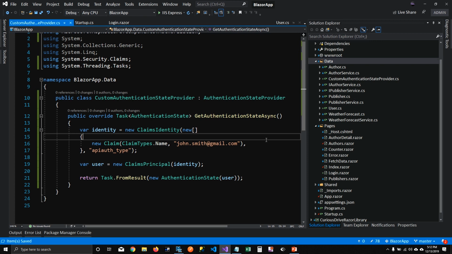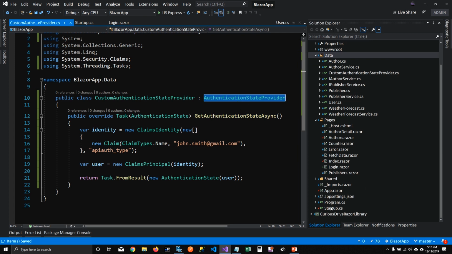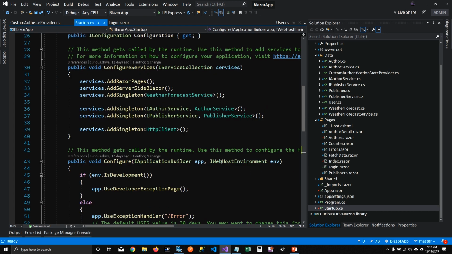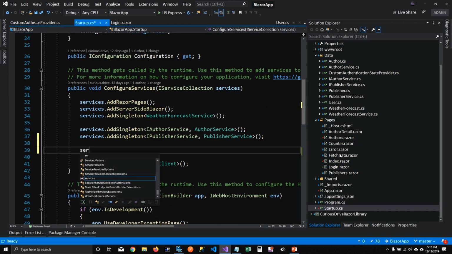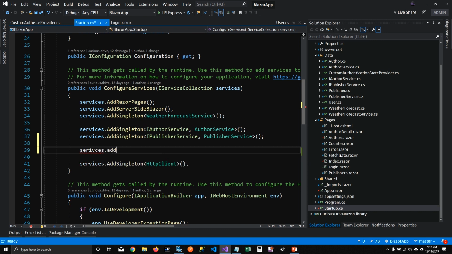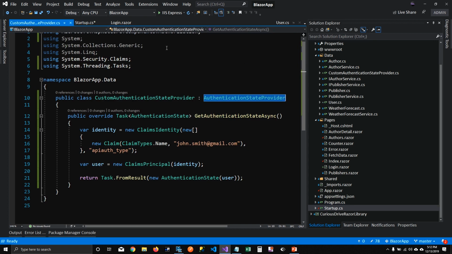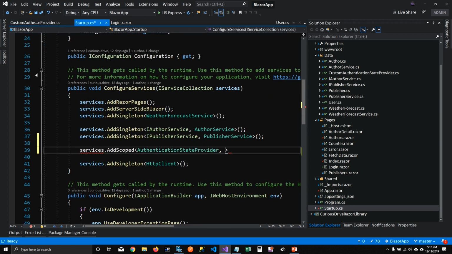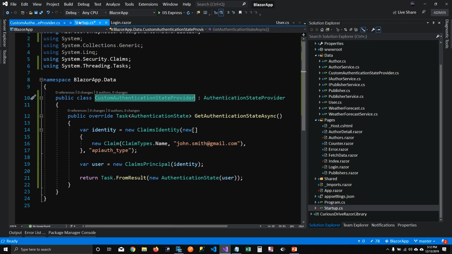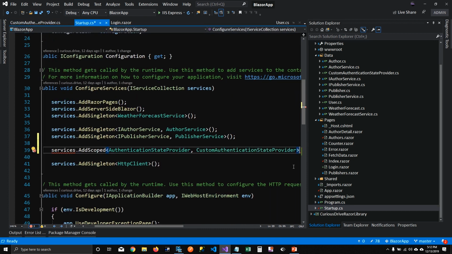All right. So the next thing that we have to do, now we have our authentication state provider. We'll have to add this authentication state provider in our startup page here. We have to initialize this provider when services are up. So I'm gonna say add a scoped instance of our authentication state provider. Let's say AuthenticationStateProvider, and we'll use our custom authentication state provider for the implementation. All right,